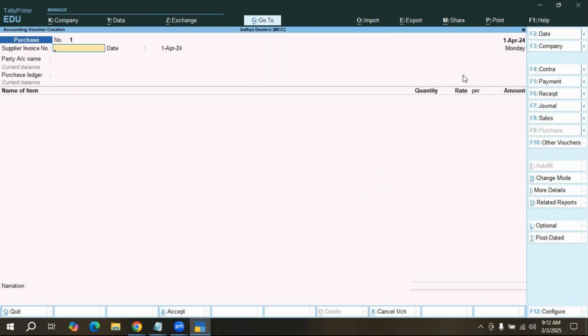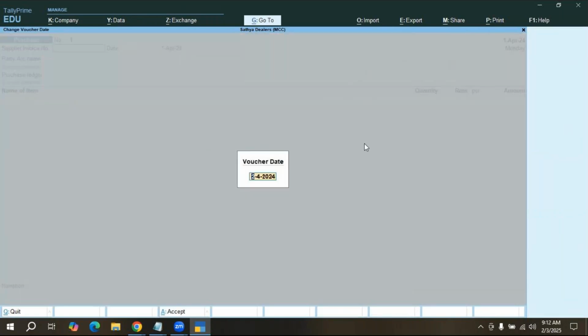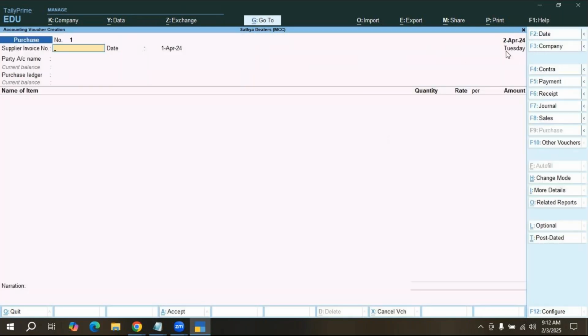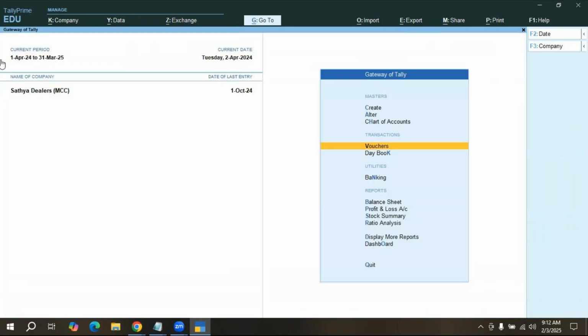If I want to change the voucher date, F2 is the shortcut key. So I change the date. Now see, May 2nd I am going to purchase it. What is your invoice number? That means, click on that. So okay, before that, directly now, after giving the purchase order,